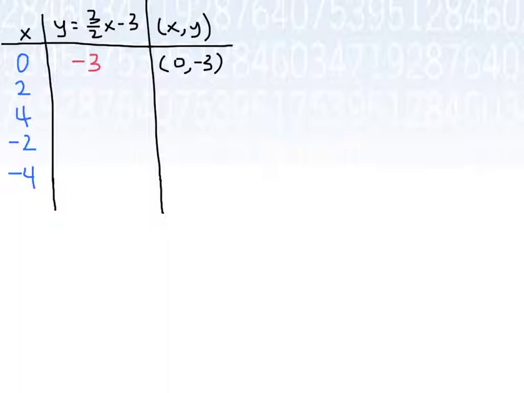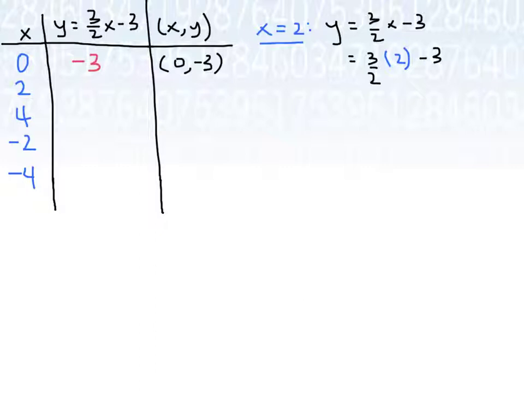We will continue plugging in the x values that we chose into our particular equation involving y, so we can find the corresponding y values. So the next value of x I have to choose. What happens if x is equal to 2? I'll plug that in. So it's going to be y equals 3 halves x minus 3. Substituting x equals 2 in,